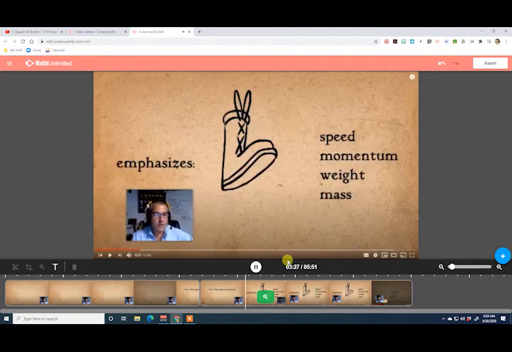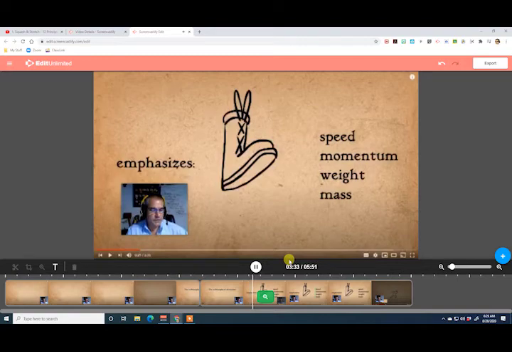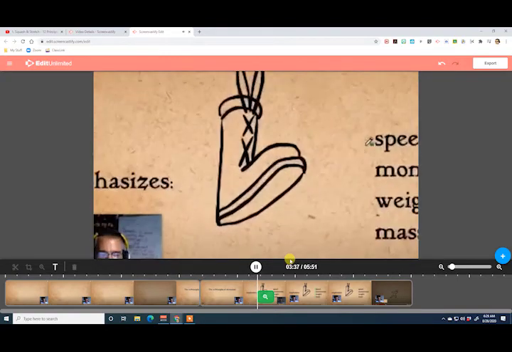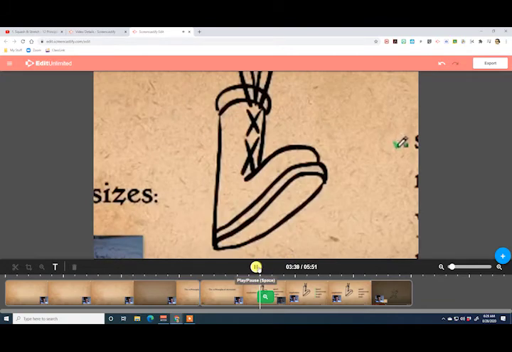So I'll move my picture away here, and I'll grab the pen tool. And the pen tool has a color slider, so you can decide on whatever color you like. And now you can say, all right, so what we mean by speed is,